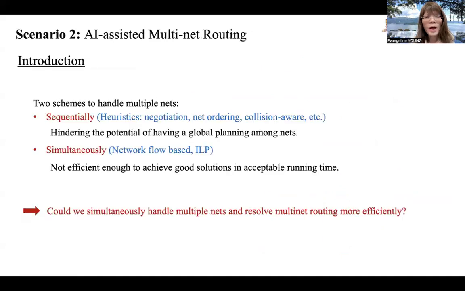Okay, so another interesting problem is the routing of multiple nets in a window. Usually we use sequential maze routing, and then rip up and reroute. This is the most common way to do it, because if we want to simultaneously route all the nets, we either formulate it as a network flow problem or an ILP problem, but it will take a long time. So in the following work, we would like to see whether we can use some AI approach to help route the nets to a certain extent simultaneously.